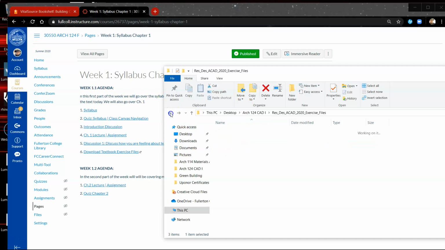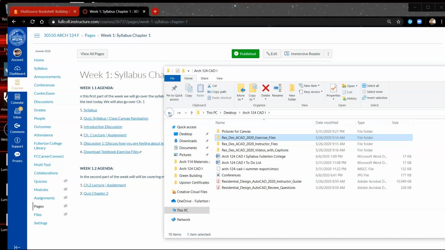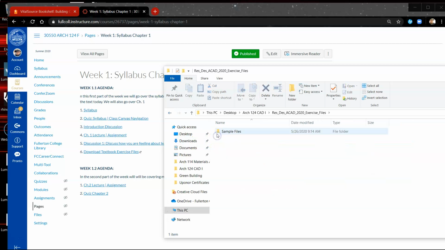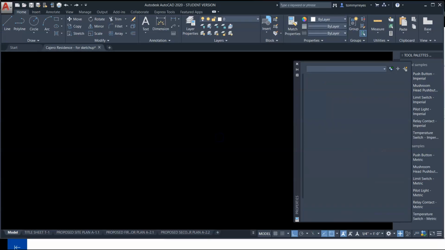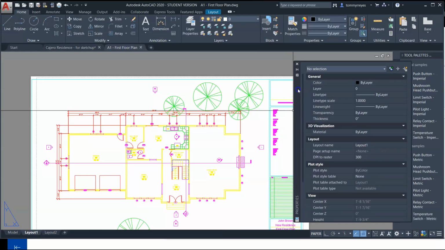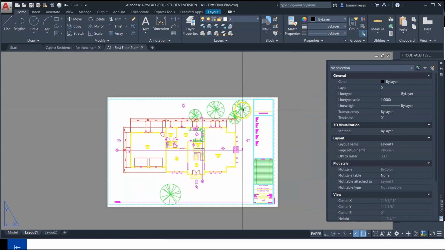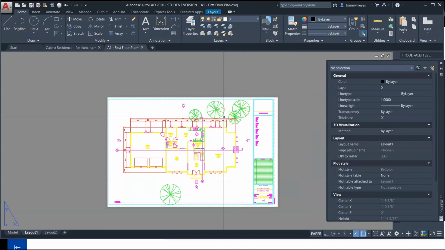When you go to that link, you'll download a file that looks like this. Click in there, go into sample files and residence, and go ahead and open up the first floor file. Hit OK, and the file will look like this. And when you get into the file,